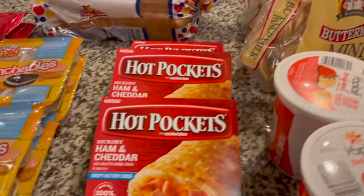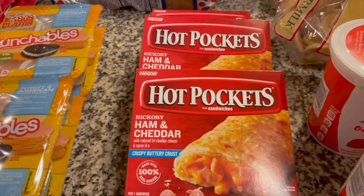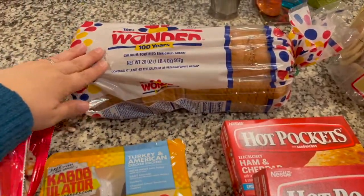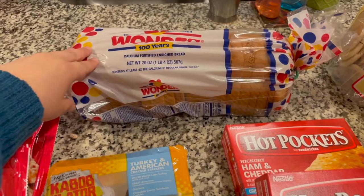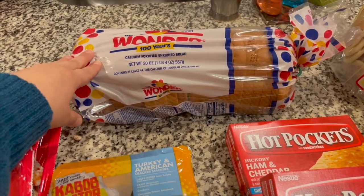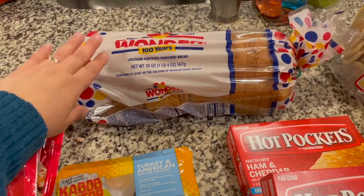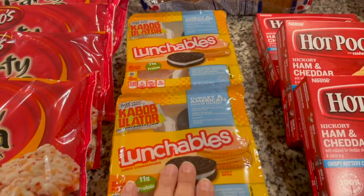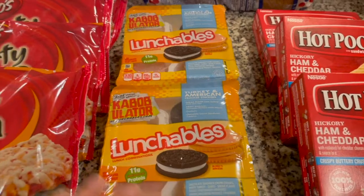Moving into lunch items, Melanie is going to have Hot Pockets for this week. Thomas is going to have sandwiches, so we just have some Wonder Bread for him in the back. He also had leftovers from last week of ham and cheese, so we did not need to purchase anything for that, just the bread. And Joanna, of course, has her turkey and American cheese Lunchables,